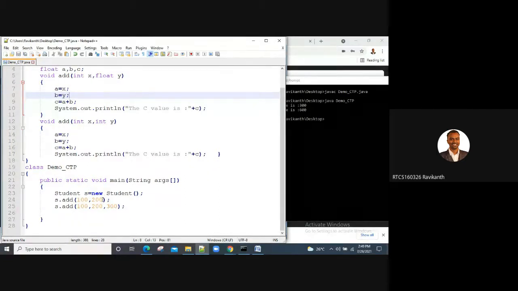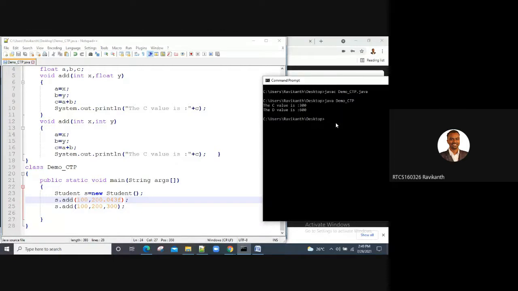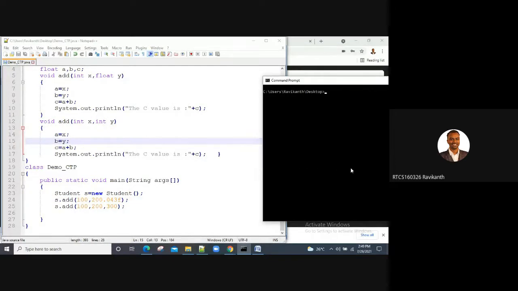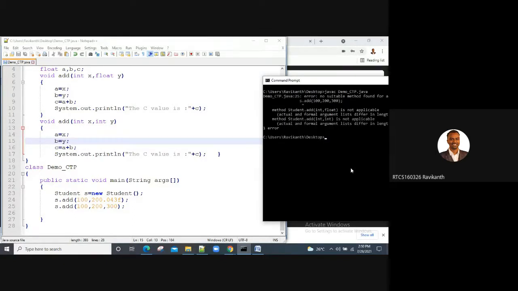Now, 200.042F, right? So in this case, what I'm trying to do, I'm trying to change. I did not save this program. Something went wrong. Where is it? s.add.